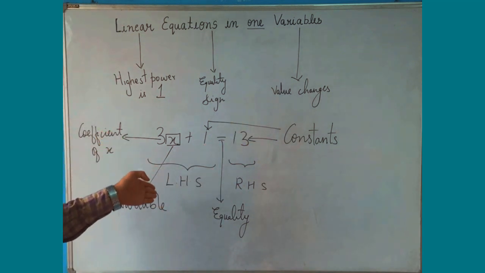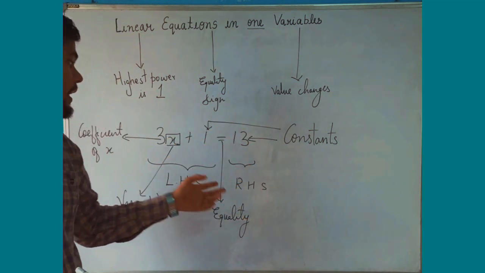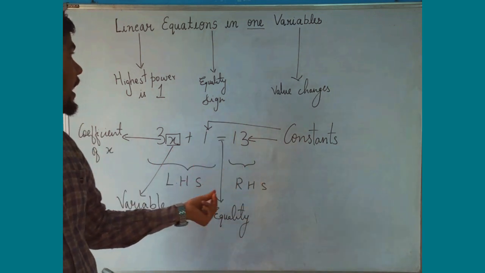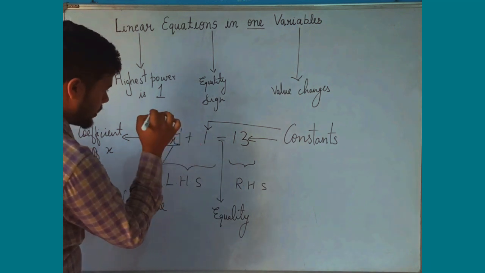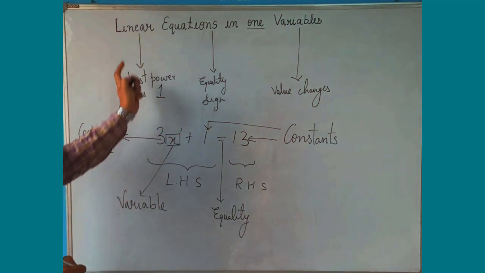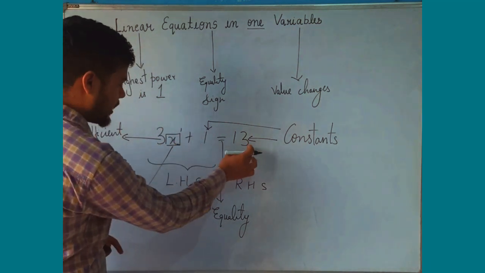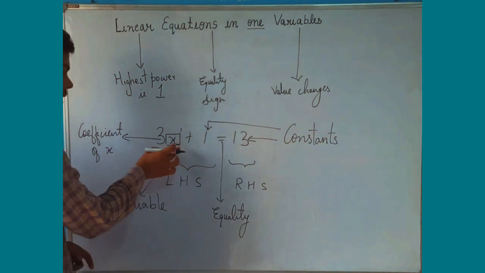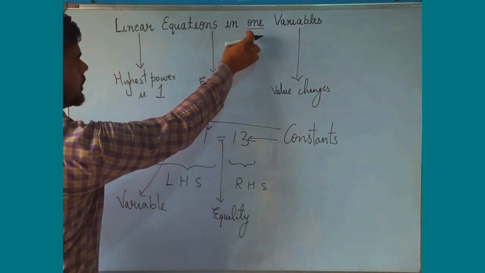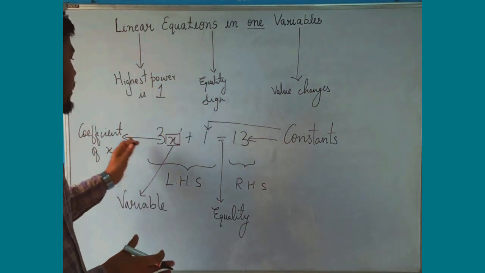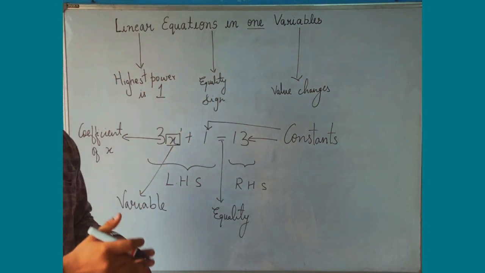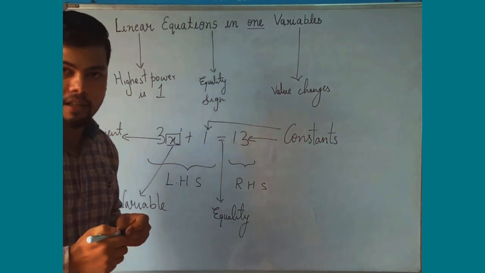We have here left hand side and right hand side. When both of them are equal, we get something called as equation. The highest power of this is 1, that's why it's a linear equation, and in this there is only one variable, that's your x, that's why this is linear equation in one variable. So this is the meaning of this chapter, and this is what we have to know before starting with the first exercise of the NCERT.